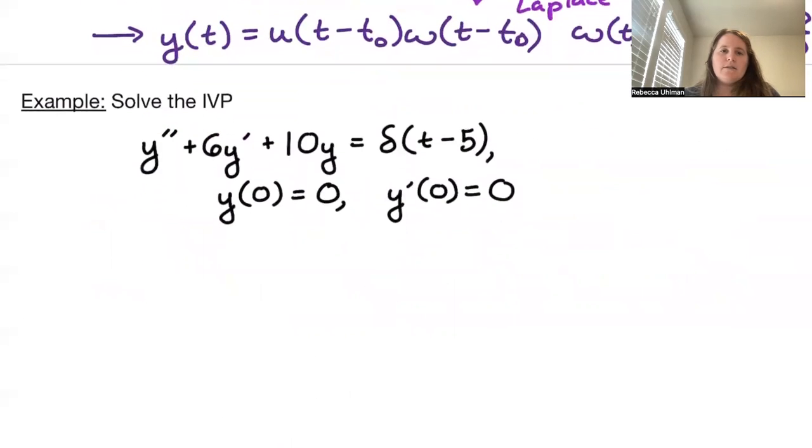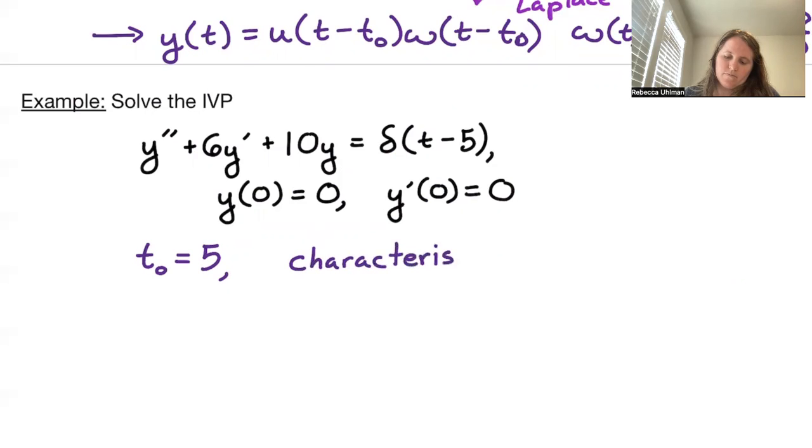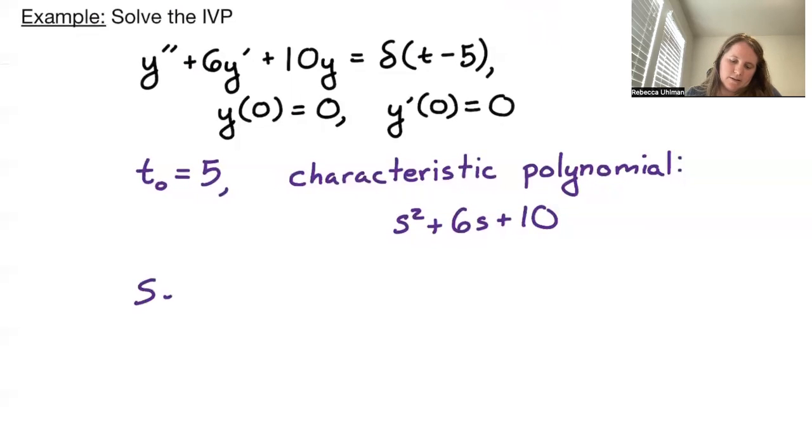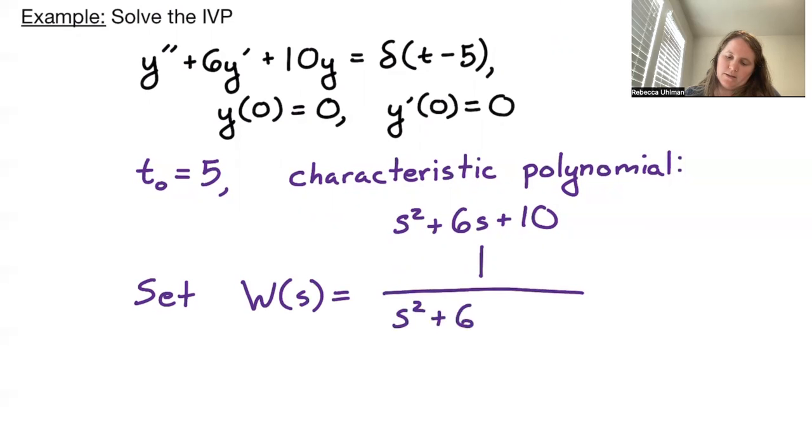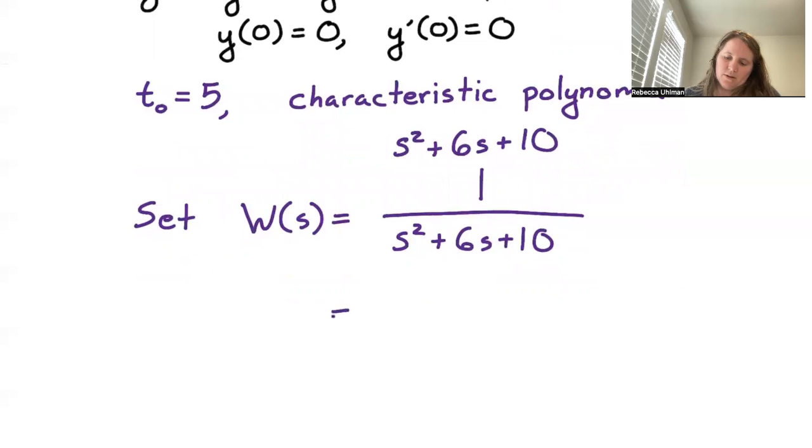So let's go ahead and solve the IVP y double prime plus 6y prime plus 10y equals delta of t minus 5 with initial conditions y of 0 equals 0 and y prime of 0 equals 0. So in this case, our t naught is 5. And our characteristic polynomial is s squared plus 6s plus 10. So if we set capital W of s to be 1 over s squared plus 6s plus 10, otherwise known as 1 over,